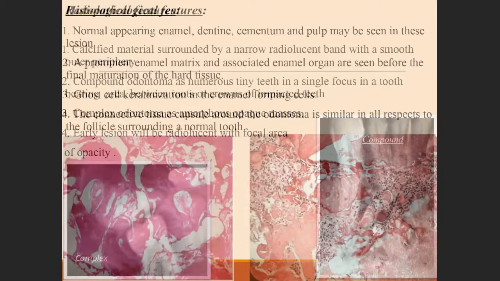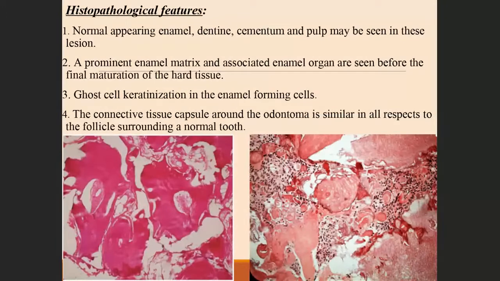Now, coming to the histopathology. Compound odontoma, you know that it looks like a tooth. So just like a tooth, in this microscopy here, you can see many tooth-like structures. Now let's see one area. Here, on the outside, you can see a clear area. See enamel, this is a decalcified section. And you know that enamel is hypermineralized, having 96% inorganic component. So when you decalcify, that is when you remove the calcified matrix from enamel, hardly anything is left. So enamel under a decalcified section will appear as a clear space. We call it enamel space. So enamel is seen as enamel space.